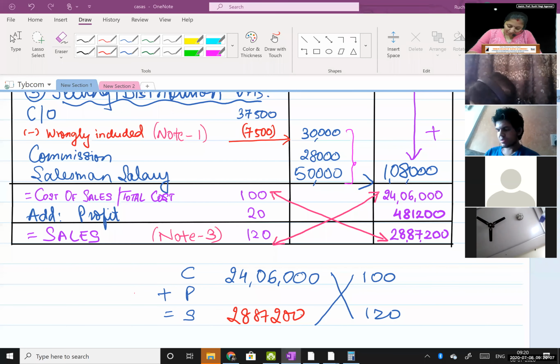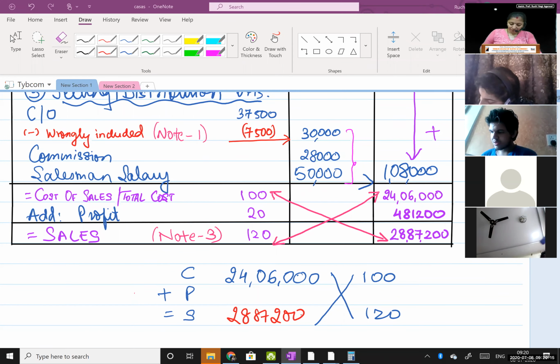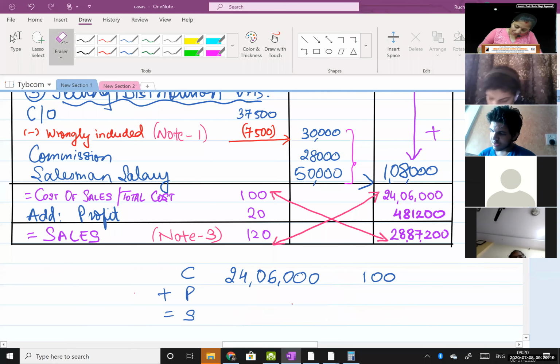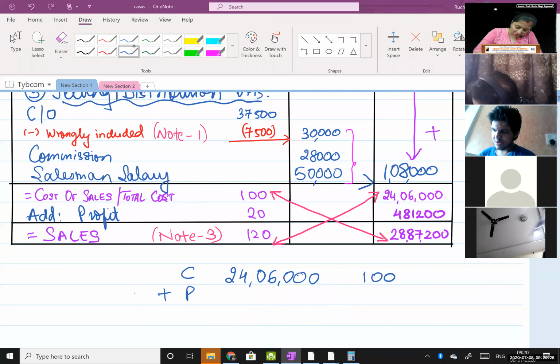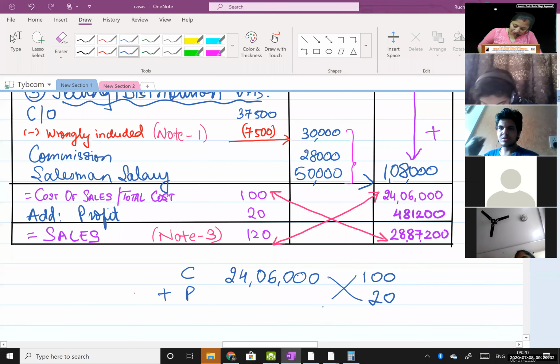I'm showing that part only, the last part of profit. I'm calculating that. Clear? How did we get sales? In the same way you will get profit also. So profit is how much? 20. Correct? See, the ratio is given here. Cross multiply, you will get profit as the answer. When you cross multiply, your base will remain the same.